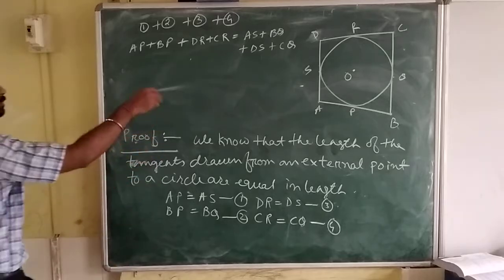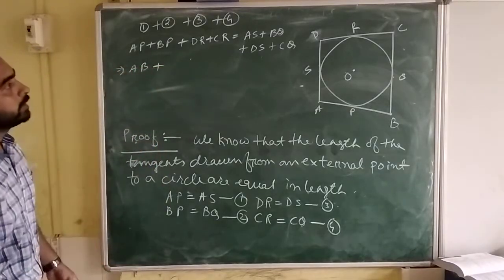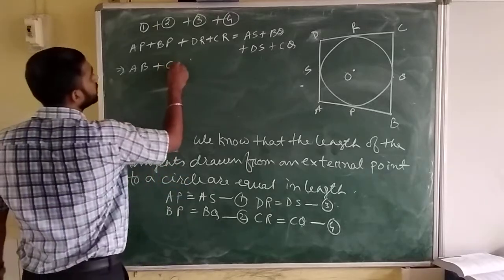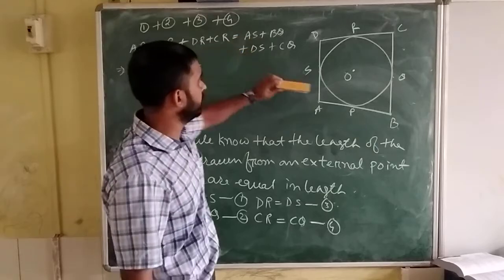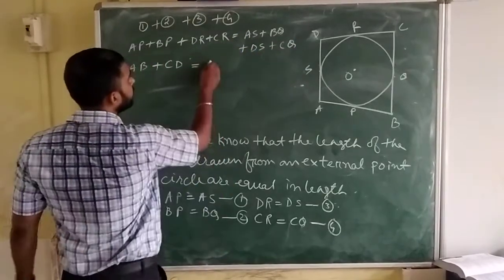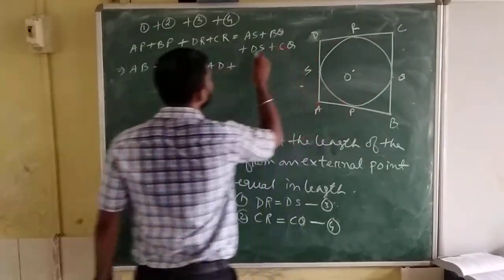Now, what is AP plus BP? AP plus BP equals AB. DR plus CR equals CD. Then AS plus DS equals AD. And BQ plus CQ equals